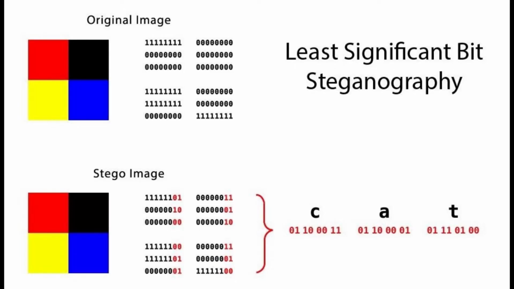The term is called steganography. Every video and every image is stored in your computer using ones and zeros, binary values. Every color you see on the computer is stored in your hard disk as ones and zeros. For example, we'll take the color red. The color red has a binary value of this, and we can convert it to a decimal value, which will be 255. What steganography does is it replaces the last few digits, like 2 or 3 digits, of that particular binary value, and you replace them with part of the message you want to conceal inside the image. This change will not be visible to the human eye.